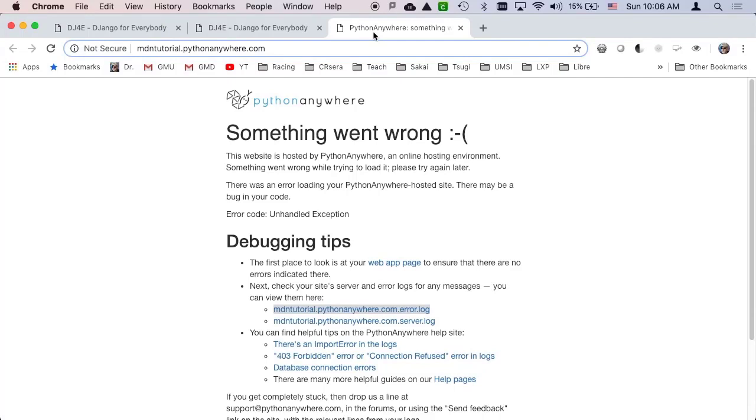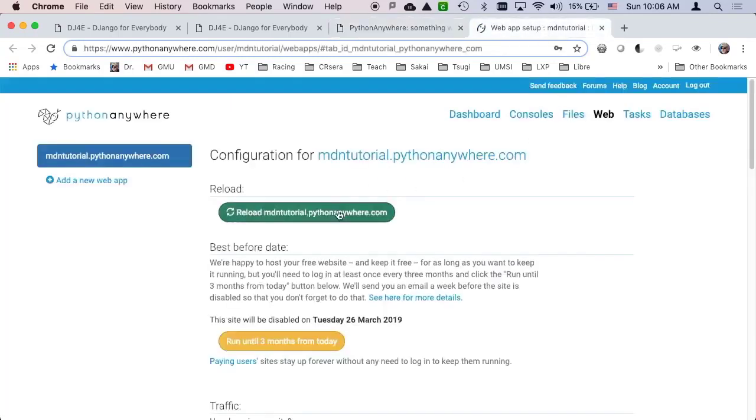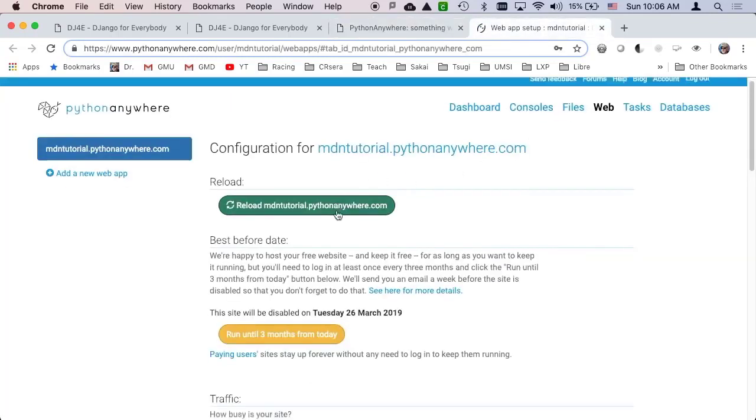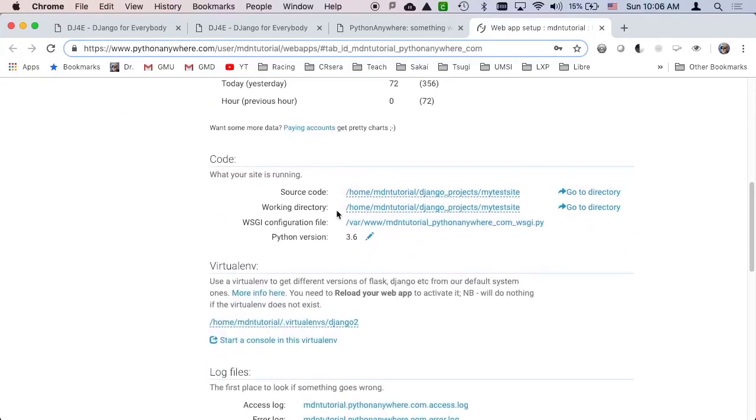there's a number of things that you might have done wrong, and we'll do a couple of things wrong, but I've got it set up with one thing that's wrong. So most often you take a look at your web app page. We'll open that in a new tab. And it's like if you've done a bunch of stuff and you reloaded your thing and now it's blowing up,